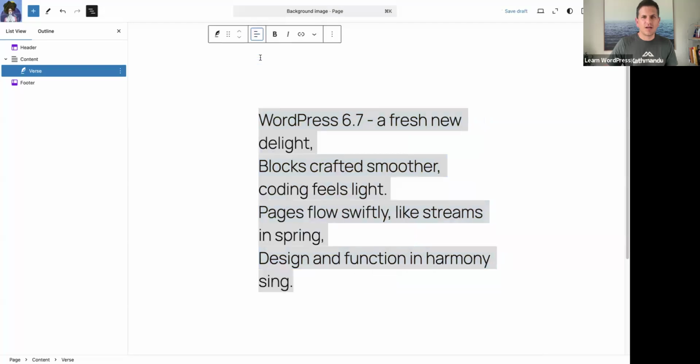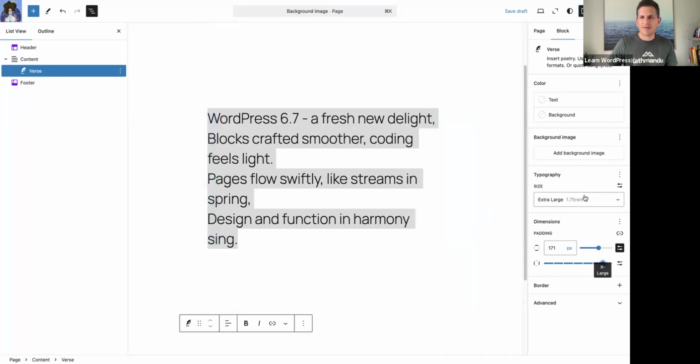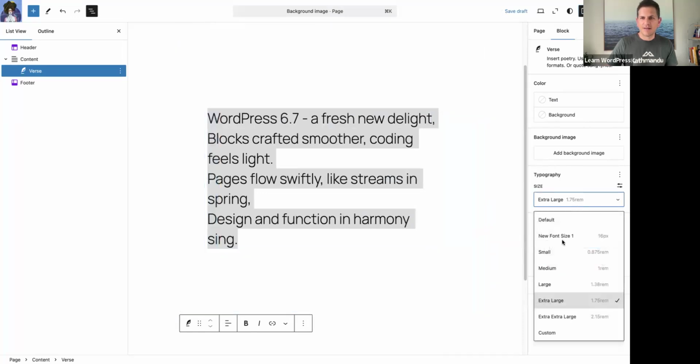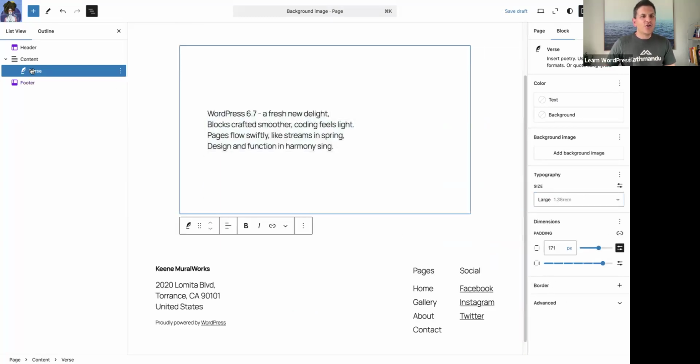Let's change this to a line. Let's make this a bit smaller. Okay. You can now add a background image to more content blocks, such as the quote block, the verse block,